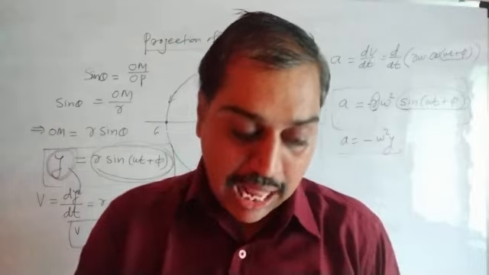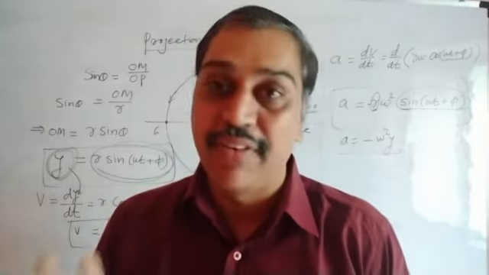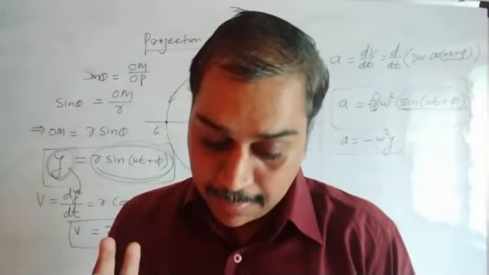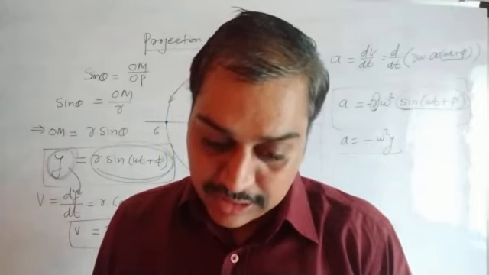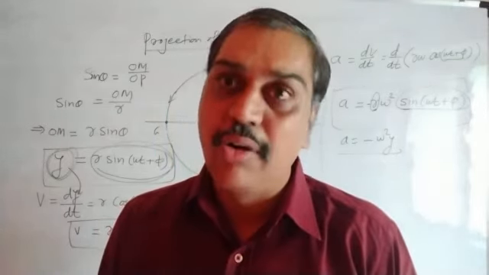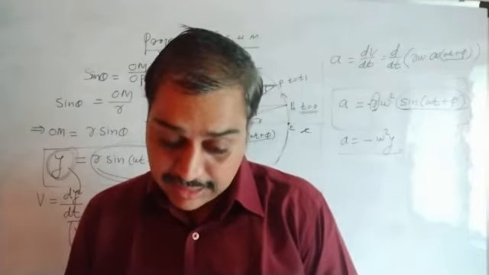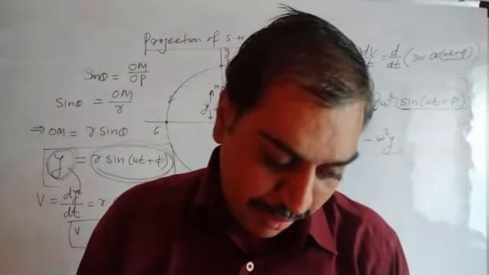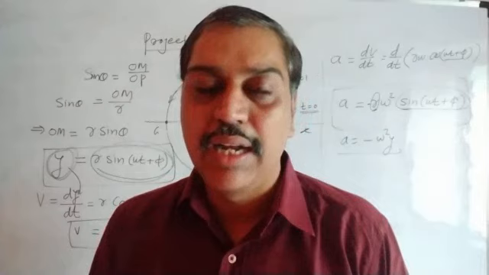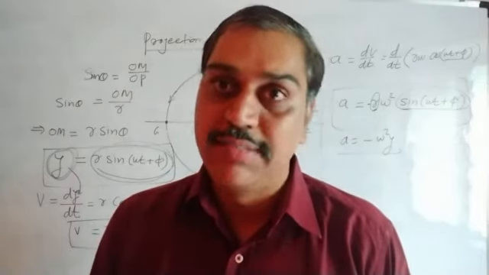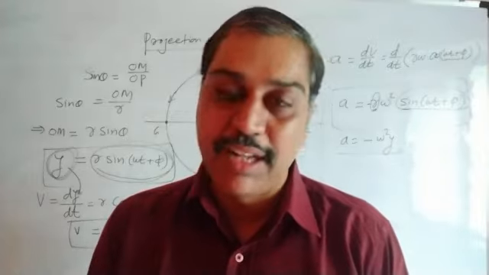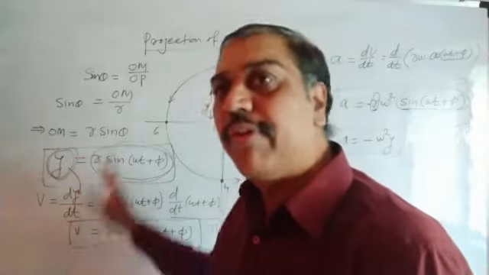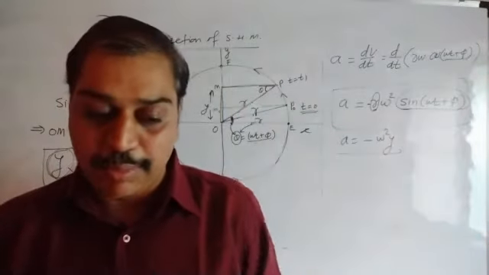But remember that I have told you about some topics, especially the reference circle method and the projection of displacement, which they have mentioned in your book. In that topic particularly, it is essential to remember directly. I have told you how to remember the projection of SHM. Remember it like that, because if you try to read it, you won't get anything. The language they have used is complicated and they have created a lot of confusion according to me. So it is better to remember the equations directly. Once you get displacement from this diagram, take its derivative, you get velocity. Take the derivative of velocity, you get acceleration. That's it. That much you have to remember.